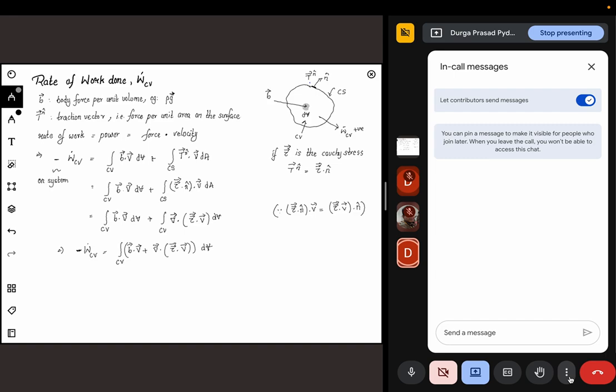And anything that acts only on the surface, like contact forces, will be considered as the traction vector. So you just multiply that with the velocity of whatever is the fluid or whatever is moving out. So that will give you the rate of work done on the system. So here, again, as I said before, we want everything in terms of a volume integral. We'll again apply the